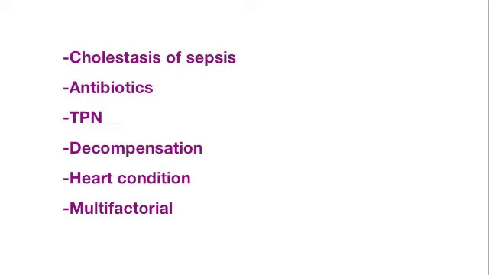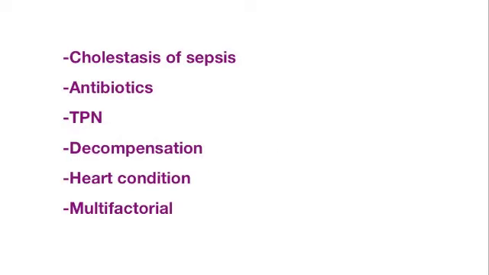A third thing would be if they're being fed through TPN. TPN is notoriously harsh on a liver, particularly a sick or cirrhotic liver, so make sure you exclude this. Also, if you can figure out whether the patient has cirrhosis, one of the decompensating events of cirrhosis is jaundice, so think of